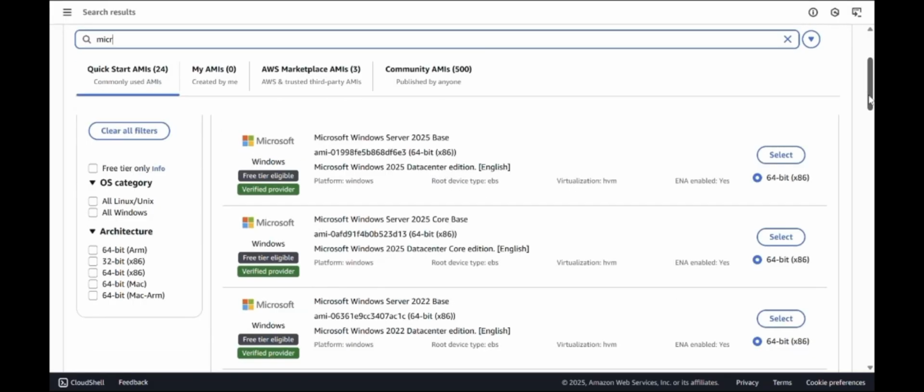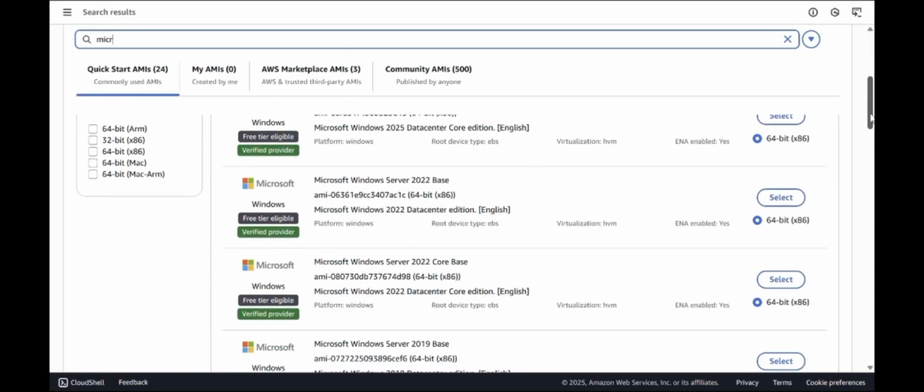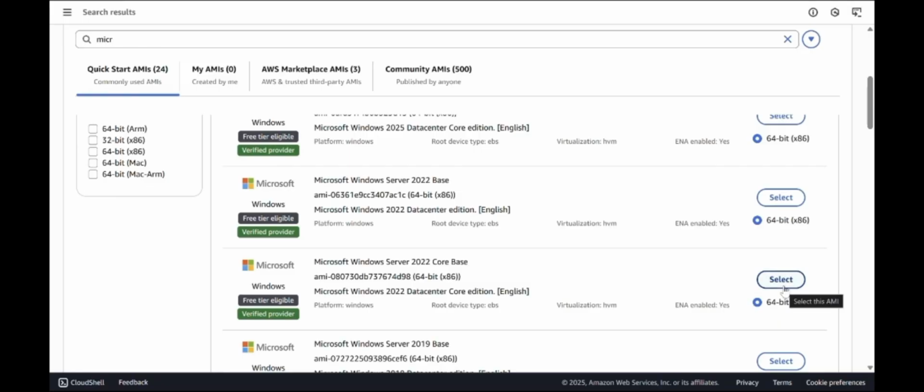We can also see other configurations of this AMI, and from what we see here, the Core Base has 64 bits. So I'm going to be selecting this,